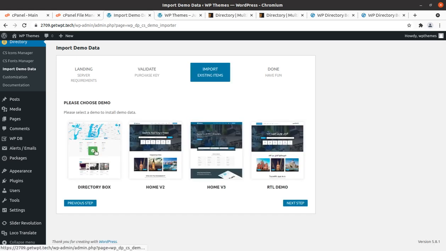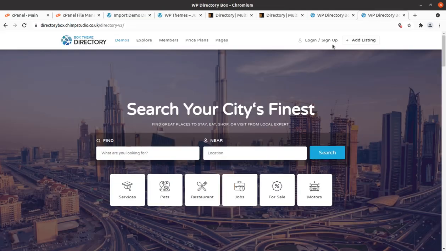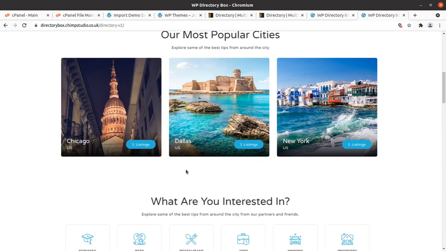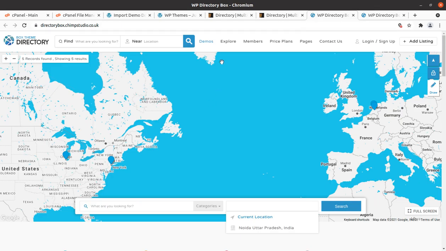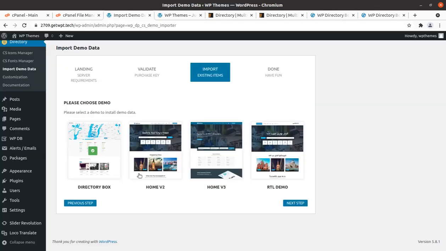Now it is time to choose which demo we want to have on our website, and I am simply choosing a very good one. All are good in fact, so I am choosing this one, as it can be good for me, and you can choose any out of the available 3 or 4 options. So I am choosing this second one and moving to the next step.